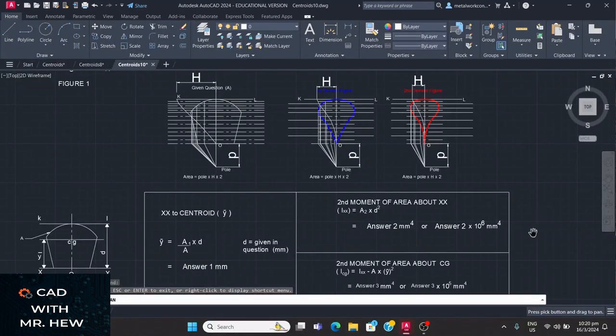So here we have the formula for xx to the centroid, which is named y bar right here. And the formula is y bar is equal to the area of the first derived figure times d. D was given in the question. Here's the question on the left of the solution, the formula. And whatever answer you get would be in millimeter because that would be a vertical height